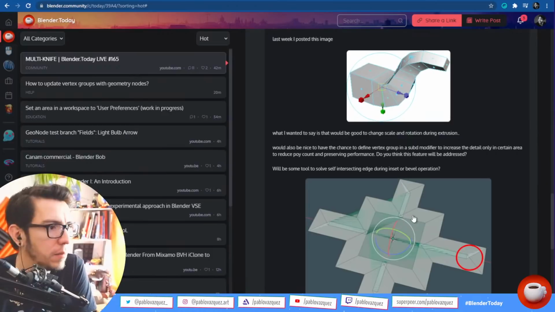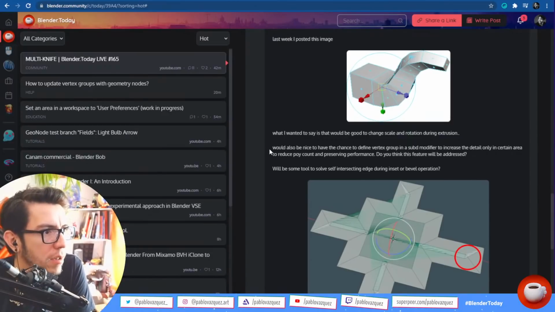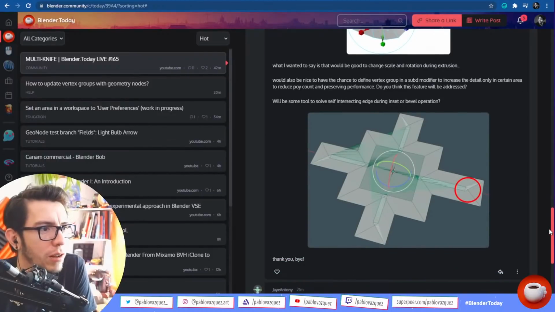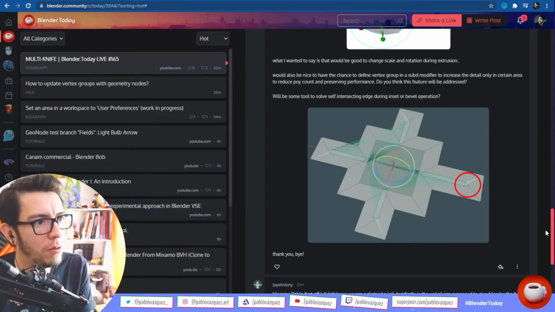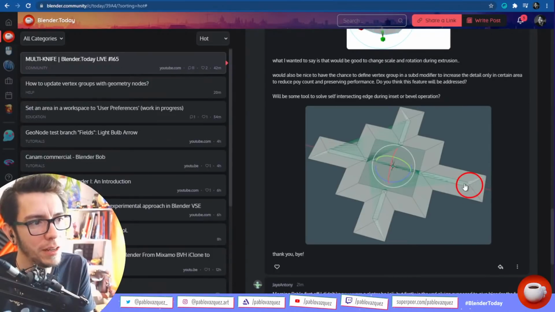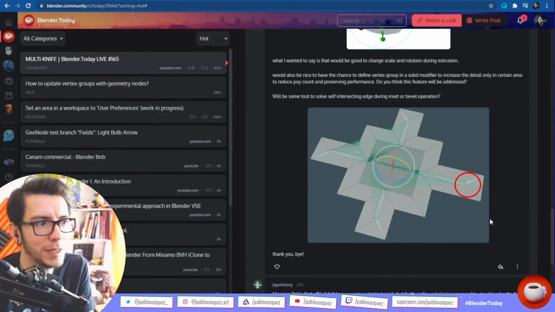The next question will be some tool to solve self-intersecting edges during inset or bevel operations. To solve that, well, it should be some kind of clamping, right? So when it reaches a limit, just try to avoid that, basically.